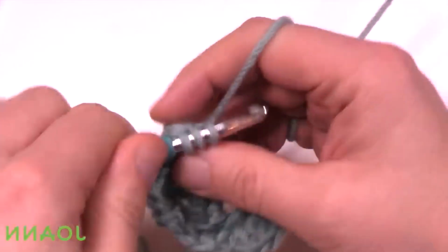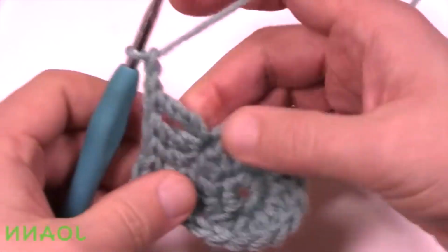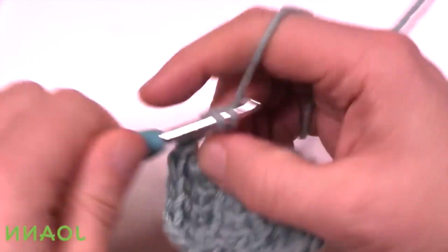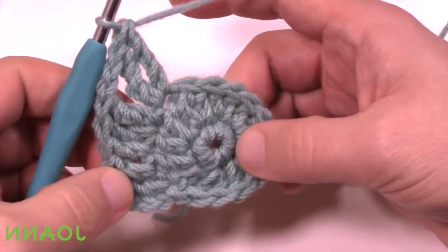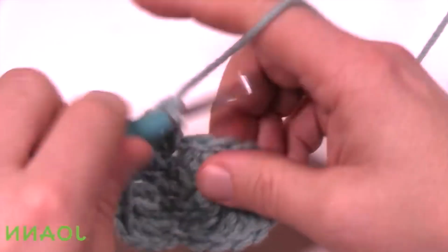And when you get that done, you need to chain 2 so that you can physically turn 1 and 2 and go to your very next stitch and put 2 trebles in. So the corners are made up of 2 stitches, not just everything going into 1 for this particular round. So the repeat pattern for this one for round number 3 is that there's gonna be 2 double crochets in a row,